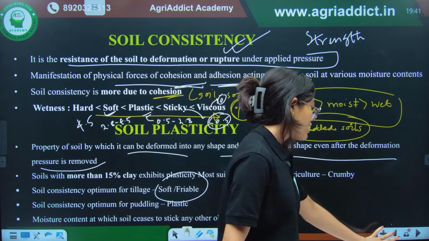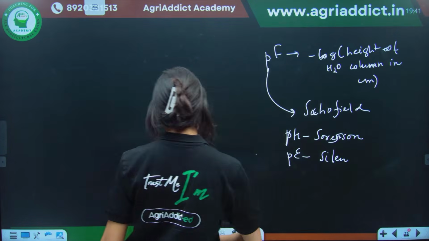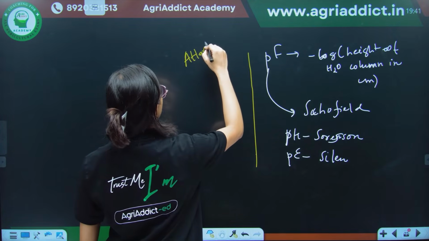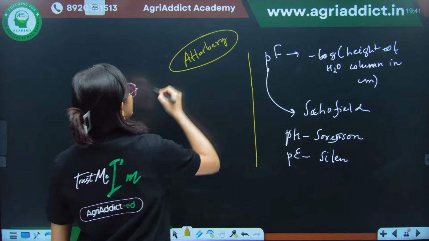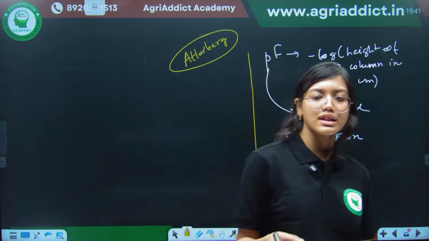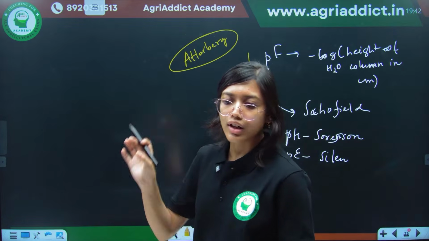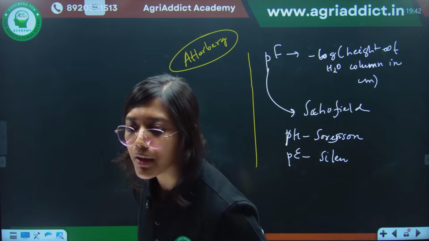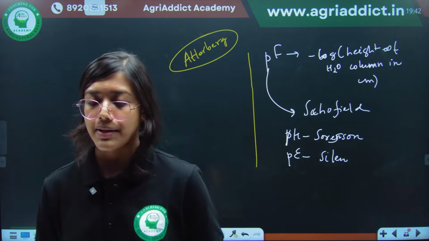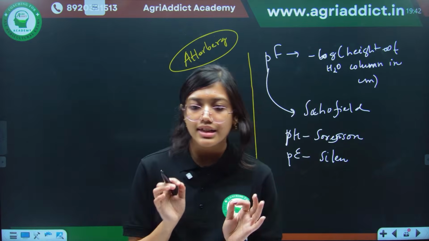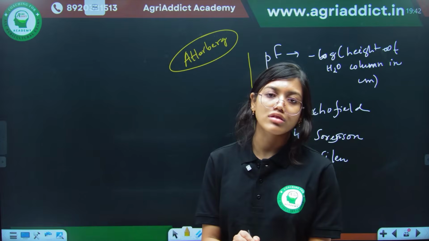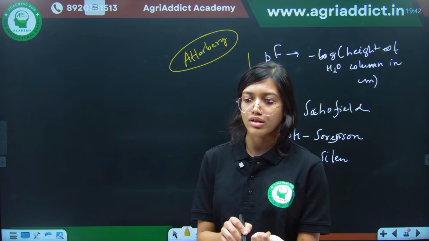And here, regarding the soil consistency, actually there was a scientist whose name was Atterberg, and he gave the different limits of soil consistency: plastic, sticky, viscous, upper plastic limit, lower plastic limit. So, he gave the different soil consistency indices. If puddle soil of iron and white is less for wet, because wet soil is more compact than dry. See, I told you that it will depend directly on which property? Cohesion. Now, you tell me that a puddle soil, it is cohesive or not? Puddle soil, it is cohesive or not?